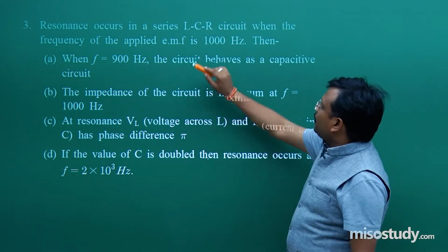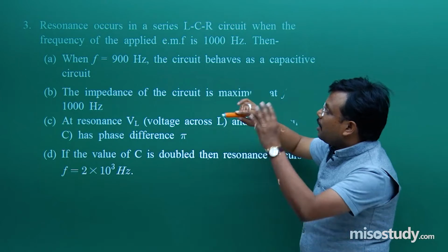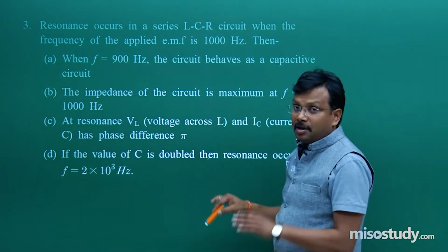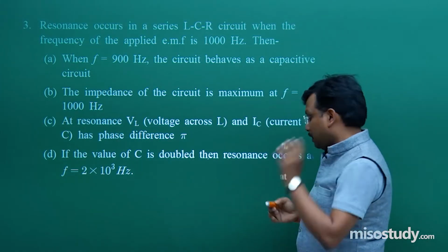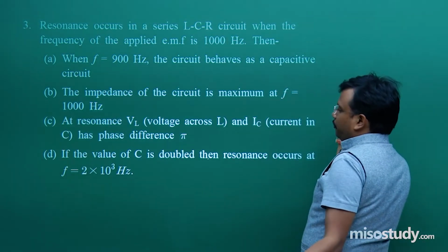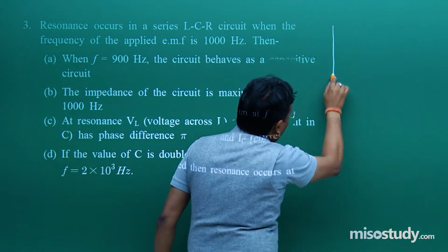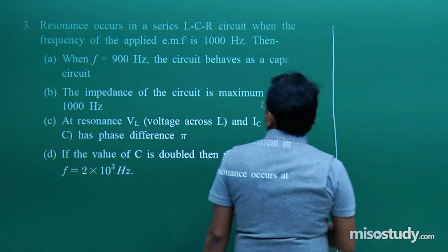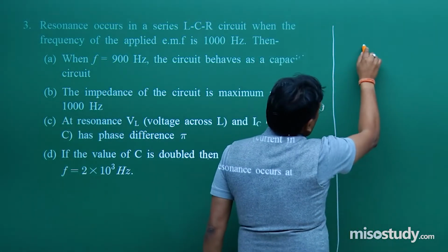I don't know any option. What I will do? First I will try to find out which one is the correct option by taking the help of this statement and also reading these options given, which one is correct, which one is incorrect. For that we need some sort of explanation. I hope the question is clearly visible to you, but now some portion is going to be hidden. That is, at resonance,